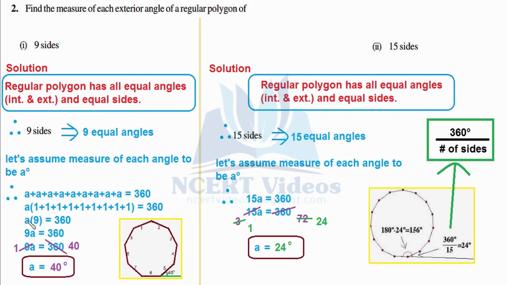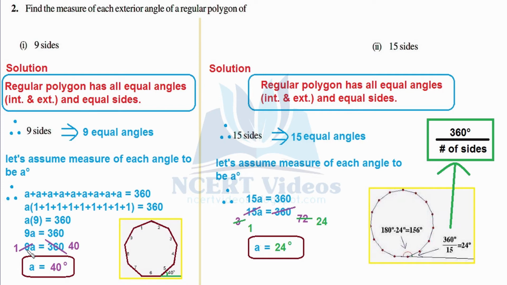Now a as it is, we are going to add them up, it will give you 9, that is equal to 360 degrees. A into 9 can be written as 9 times a equal to 360 degrees. This is just simple mathematics. We are just explaining it to eliminate any confusion. We rewrote this equation here so that we don't get puzzled.